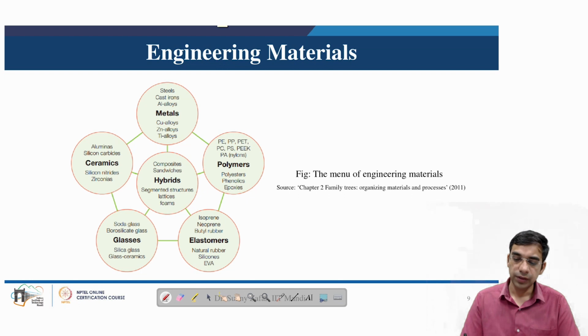So to make any product, we know that broadly we have this menu of engineering materials, which includes metals, polymers, elastomers, glass, or ceramics, or they can be hybrids. So any of these materials will be selected to make a product, and we will see in this course specific examples of gas turbine, steam turbine, hydro turbine, or wind turbine, how they pick the appropriate material, and you will understand why that material is chosen for the particular application, and then how the selection of the material decides the future course of manufacturing processes for that particular product.